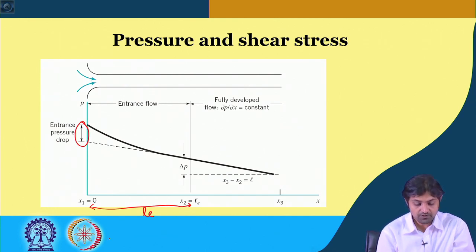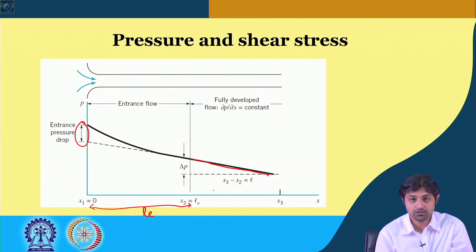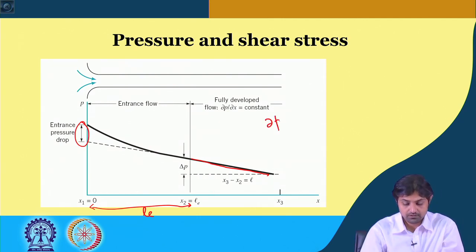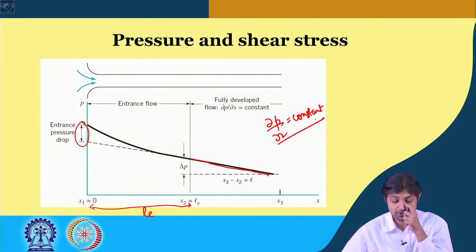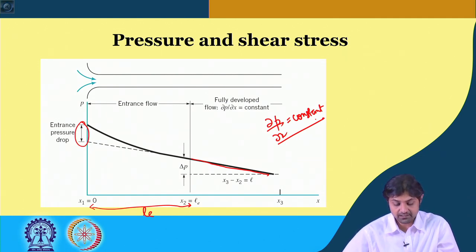However, you see, after the flow has become fully developed, the pressure drop per unit length, dP/dx, becomes constant. This has been obtained through experimental analysis. So del P del x is equal to constant. The important information to grasp from this particular slide is that in the entrance there is an entrance pressure drop, whereas when the flow becomes fully developed, del P del x is constant.